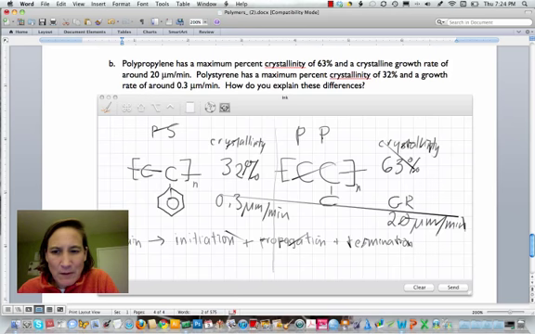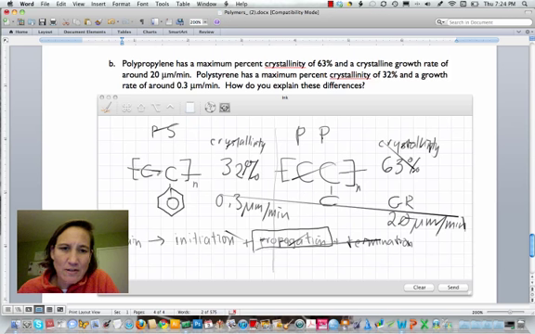Now, termination is just the end of the growth process. If I had to guess, I would guess that the difference in growth rate is this step here, propagation. And the propagation is essentially assembling each of these chains together, and what that requires is that you break the double bond that is usually here in order to add these chains together. Initiation just is the initial breaking of that bond with some sort of reactive agent,